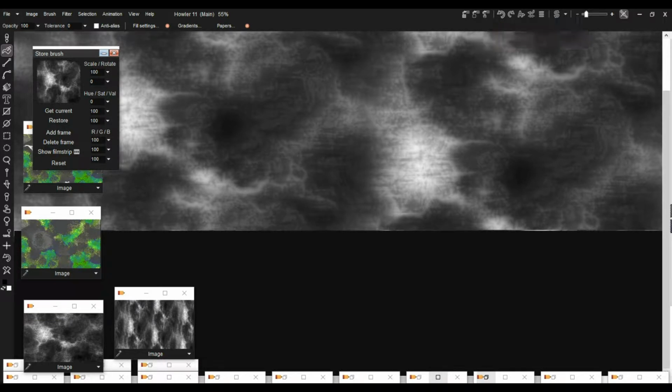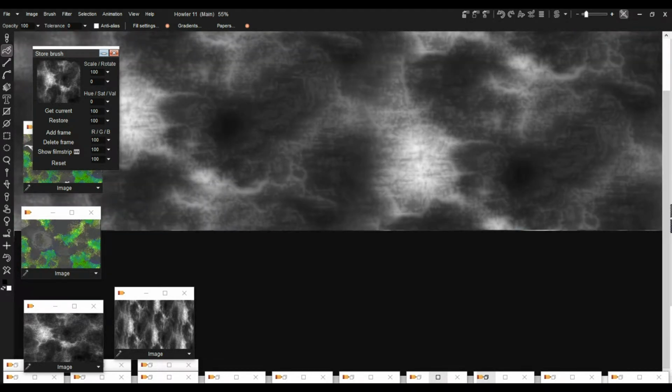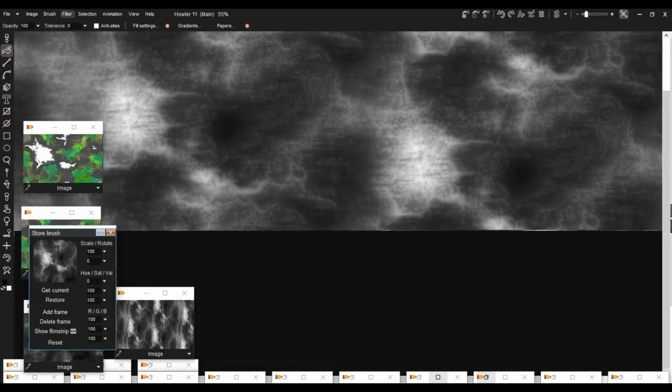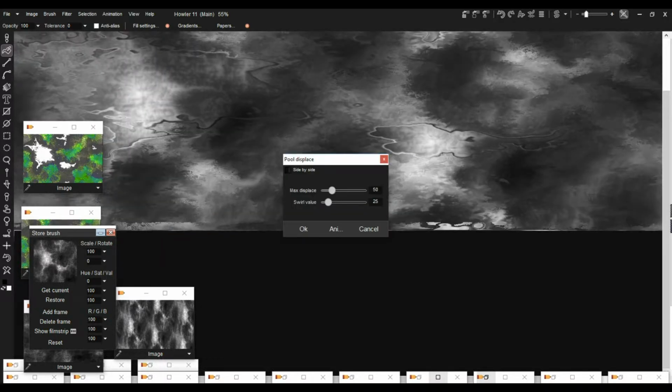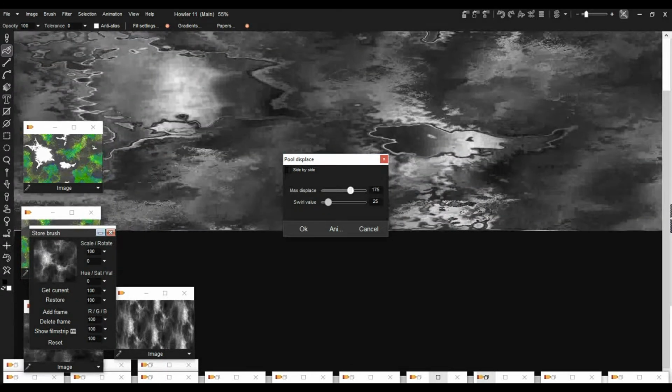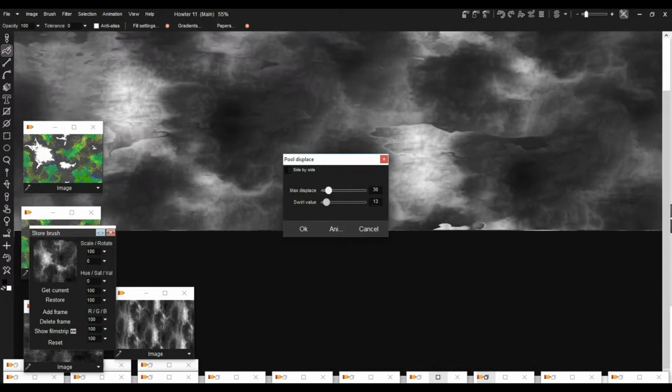Right, so here we look a bit more like we're looking at Mars. Mars has very strong winds. We could also add a bit more turbulence to that. What might cause the turbulence is in fact the background image or some other image we put there in the swap. So we might use the filter for displacement, the displace by swap, maybe the pool displace, maybe the color twirl, the normal displace. There's a couple of ways to displace it. Let's try the pool displace. And of course, it's probably going to be a bit too cranky here, but it's a good one to experiment